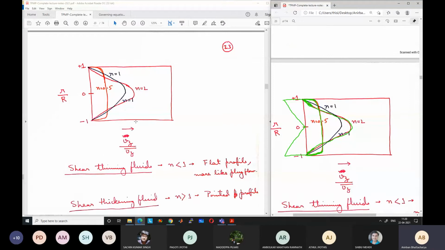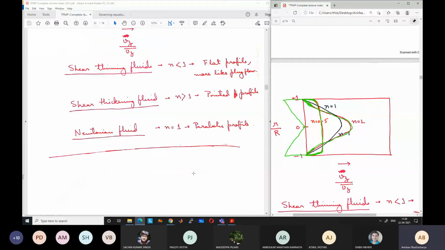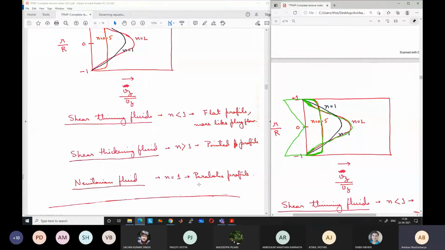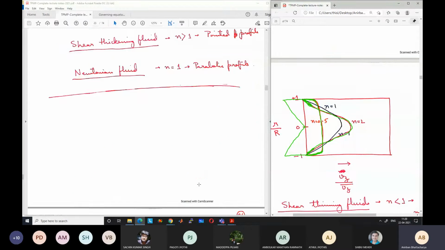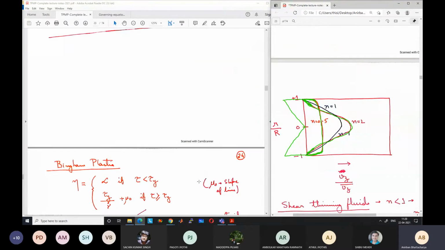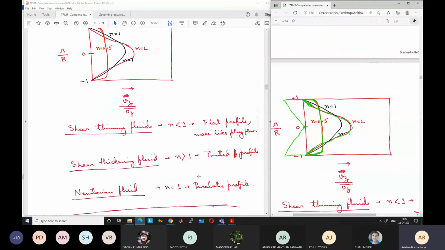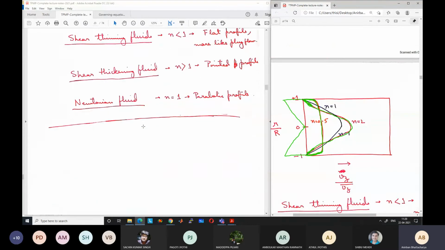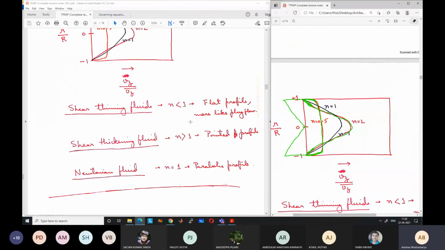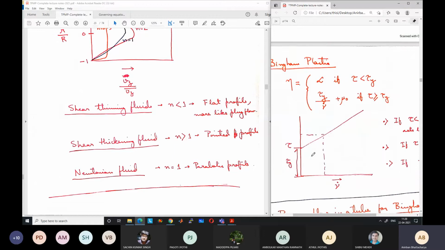So we will continue this discussion. Okay, we have discussed up to this point. We did not discuss this profile, but today we have discussed. So we will try another case. Okay, we will try another case where we have the same flow through the tube, like we have already discussed, but for a Bingham plastic. Okay, we had discussed for a power law fluid. Now we will take another type of constitutive relation, which is the Bingham plastic.